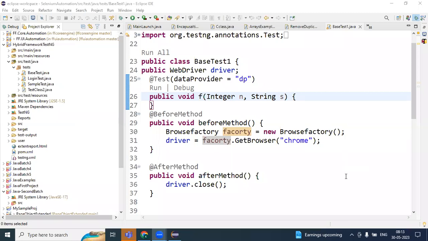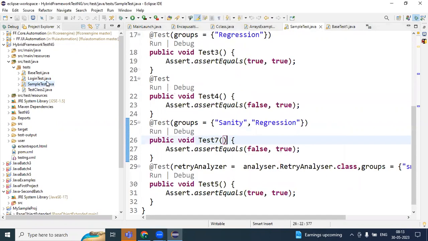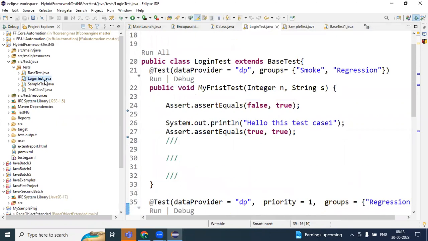Okay, in our automation framework, we have 3 layers. One is the test layer. All the test cases should be presented in the test layer. We work on